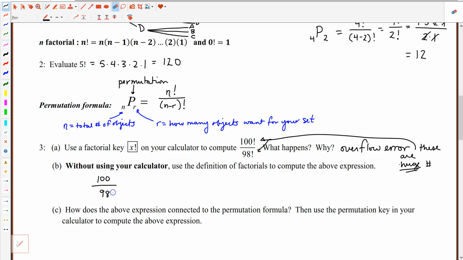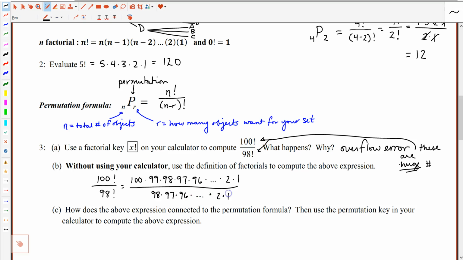Alright, so 100 factorial. That is 100 times 99 times 98 times 97 times 96, and I don't feel like writing anymore, so this all would go all the way down to 1. Okay, so this is a huge number. Let's see what's happening downstairs. Downstairs is 98 factorial, so that would be 98 times 97 times 96,